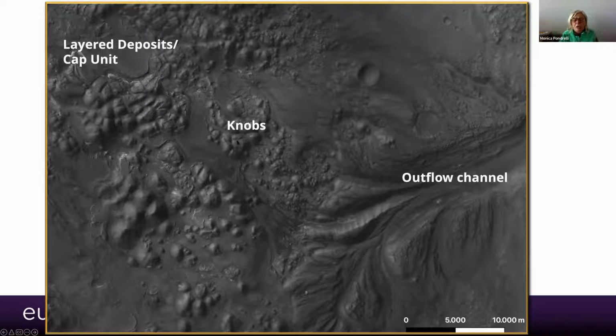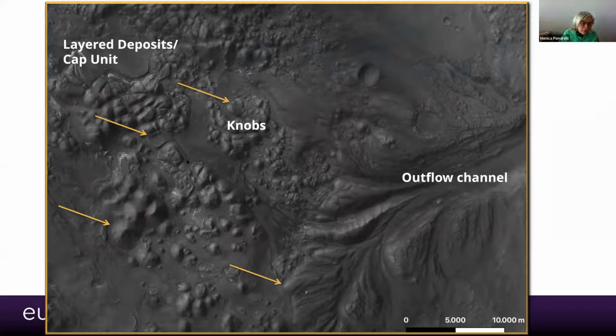The knobs here are extremely fragmented and very small, right in association with this outflow related feature. So it means that the outflow related structures were also active in disrupting these materials, the knobs, which are disrupted in this way only in correspondence of this part of the outflow